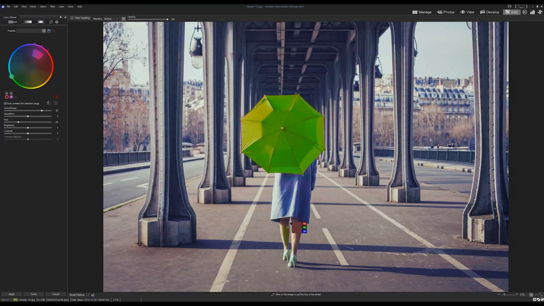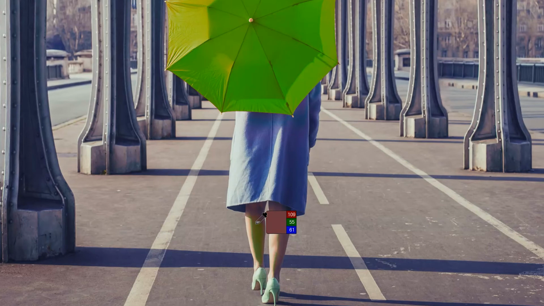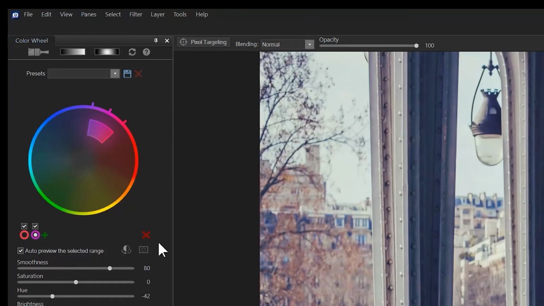And then another issue we're running into is that we still have this green pop up on this woman's leg here. So what we need to do is we need to take our color wheel adjustments, which are really working quite well in this area, right? And this area here. And what we need to do is we need to specify the range. And we can do this in a variety of different ways. There's two color wheels that we're going to apply one adjustment to. And we're going to use either the edit brush, the linear gradient tool, or the radial gradient tool to specify